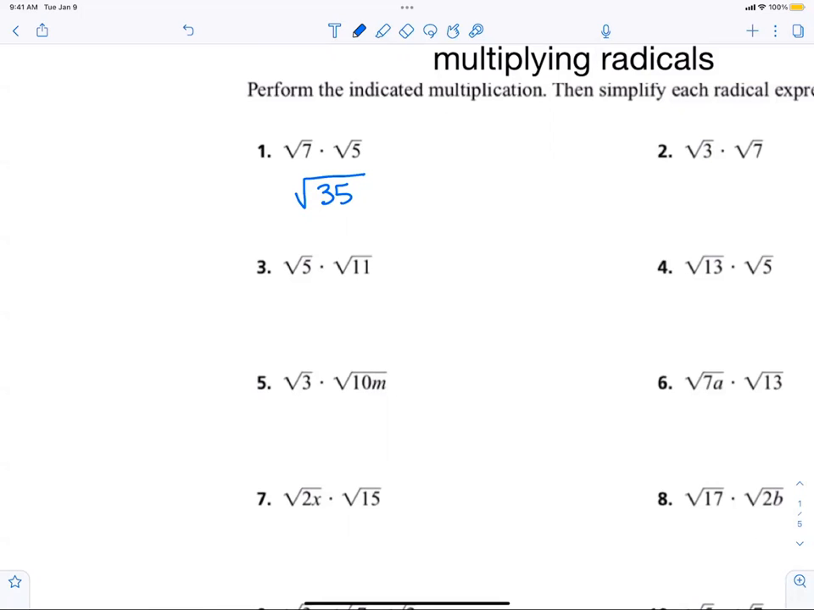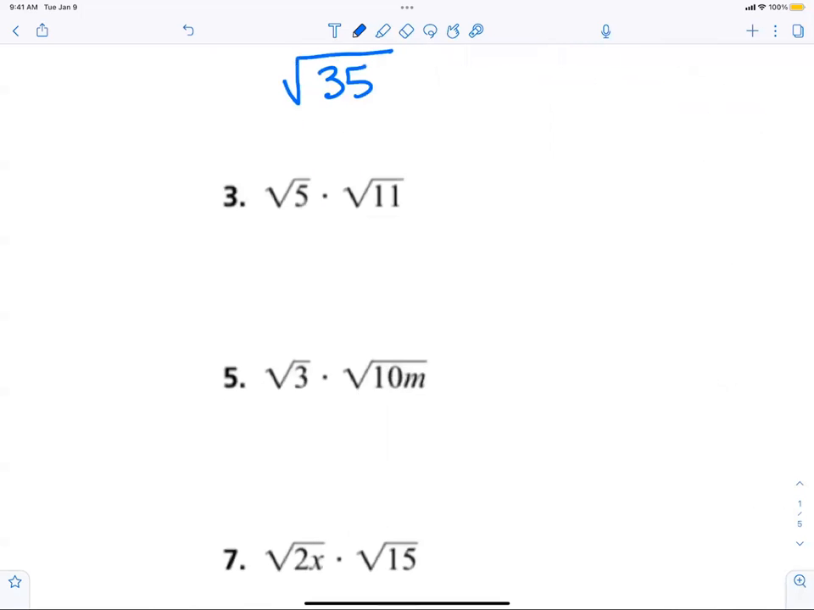If the numbers are under the radicals, you can just multiply them. If there is a number outside the radical, you multiply the numbers on the outside of the radicals and you multiply the numbers on the inside of the radicals. So with that being said, everybody should be able to look at number 3